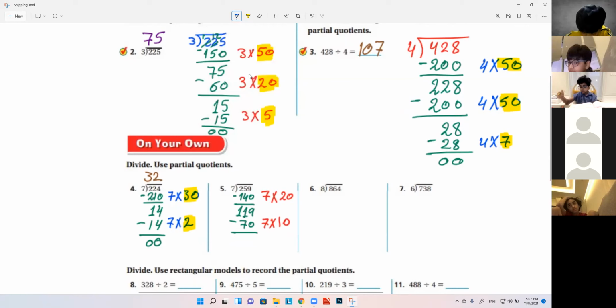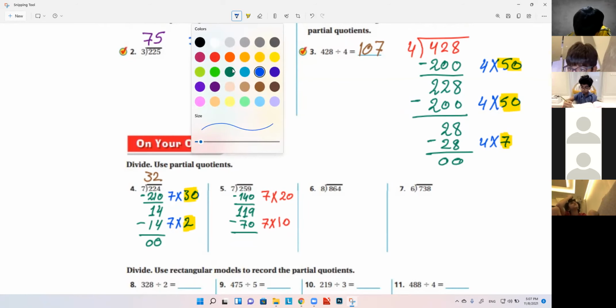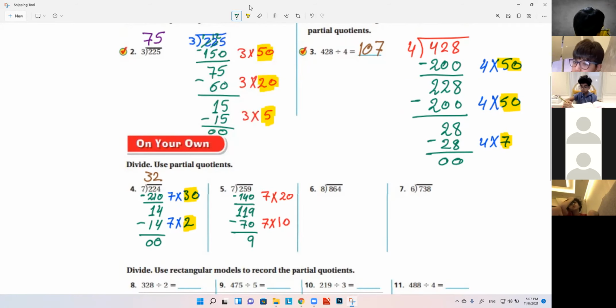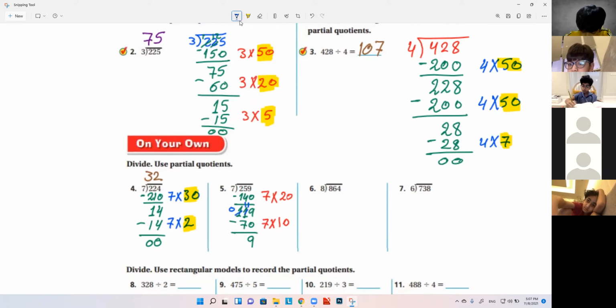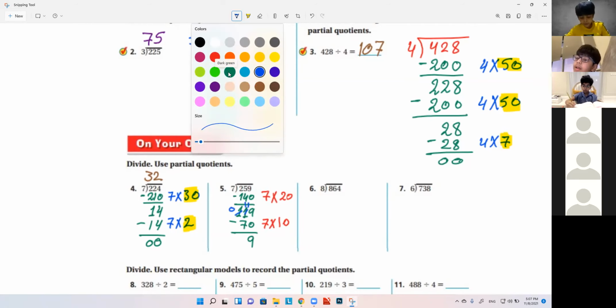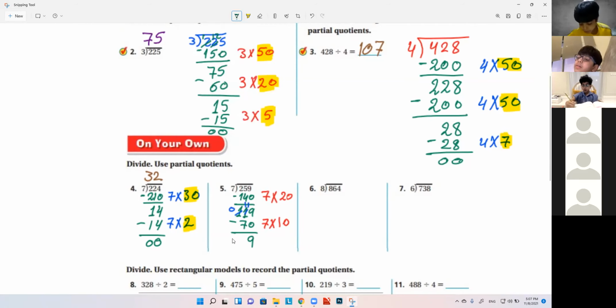Okay. 9 minus 0 equals 9, and the 1 cannot be minus from the 7, so the 1 will be 0, and it will be 11. 11 minus 7 equals 4.